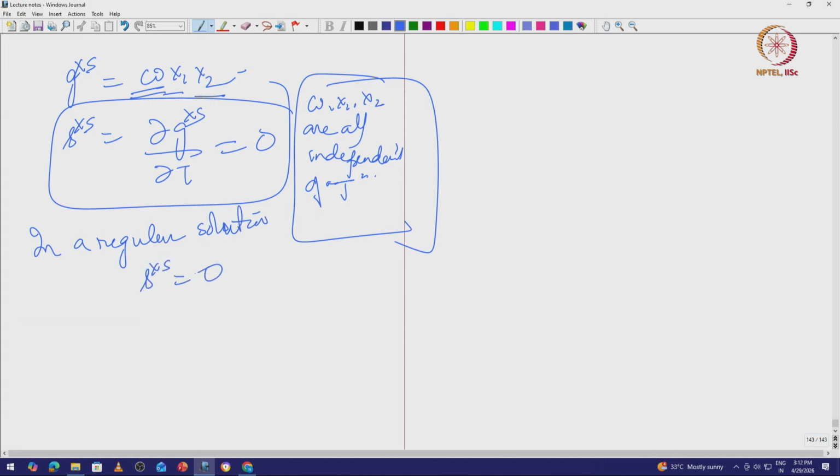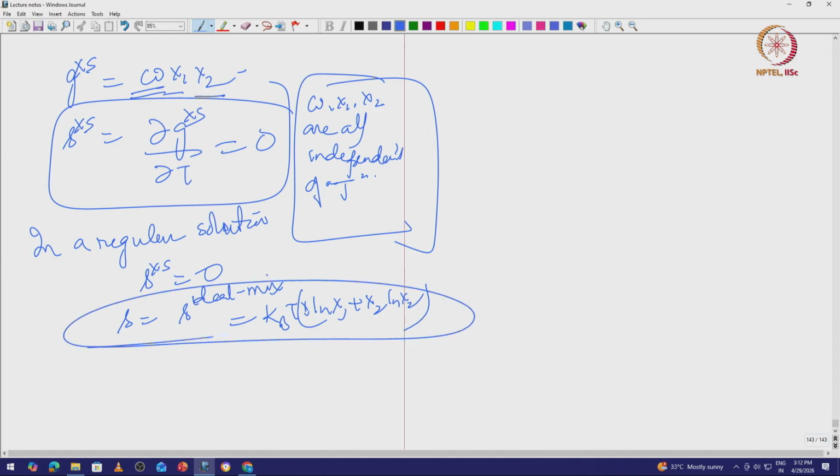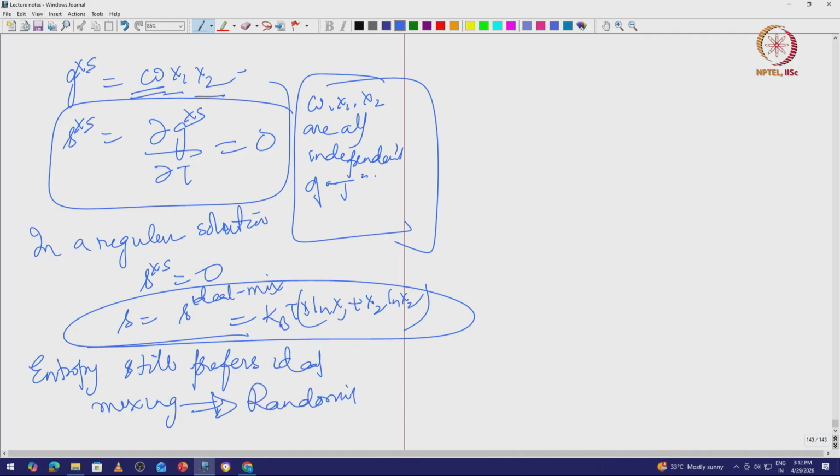Sxs is equal to 0, which means S is nothing but S ideal mix, okay, and that is just kB ln x1 plus x2 ln x2. Okay. So, the entropic mixing is still ideal in nature. So, entropy still prefers ideal mixing and randomization, right, whereas enthalpy,